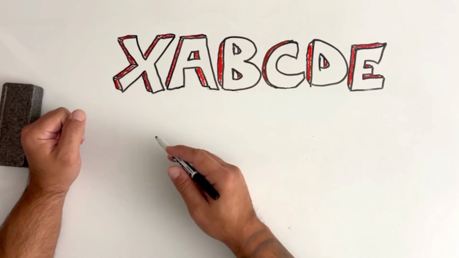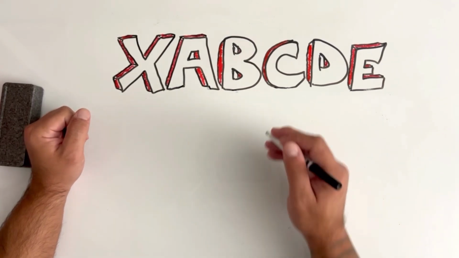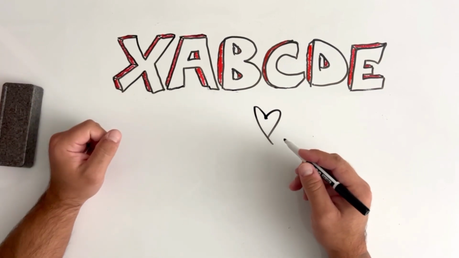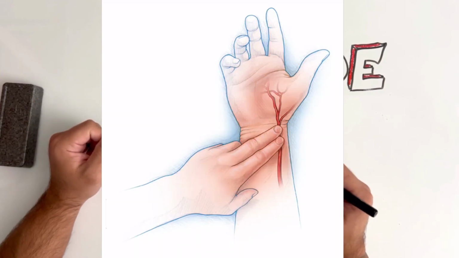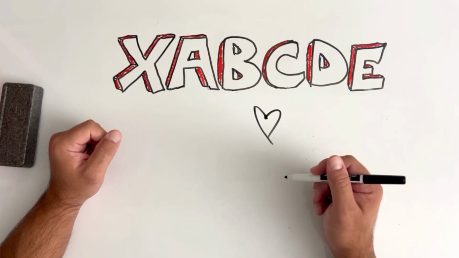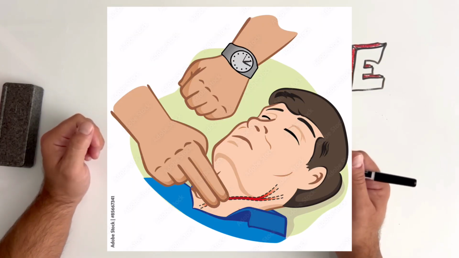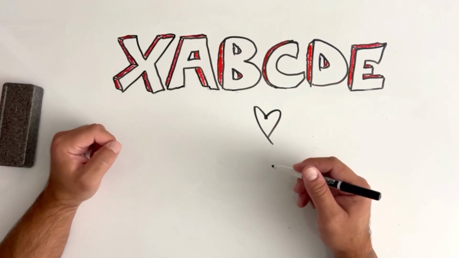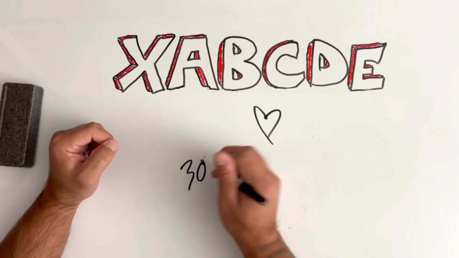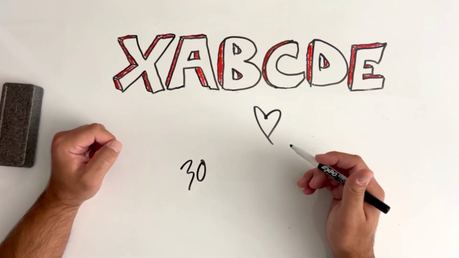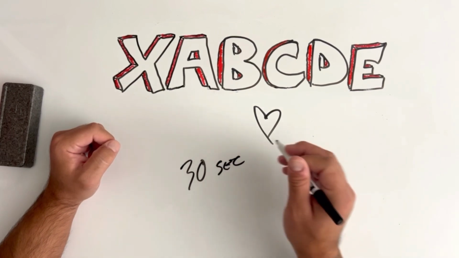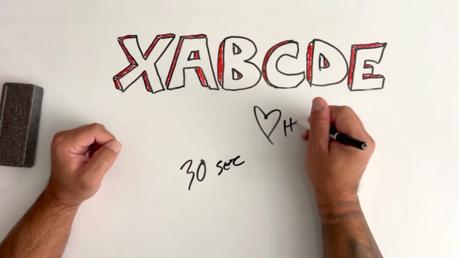If we're still good with X, A, and B, we're going to move over to circulation, which is the heart. Now, in most cases, the best place to check for a pulse in a responsive adult patient is the radial artery. However, you may use the carotid in an unresponsive patient. You can use a brachial in a child, and so forth. What we're going to do is hold that radial artery for about 30 seconds